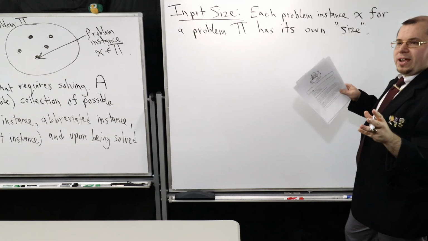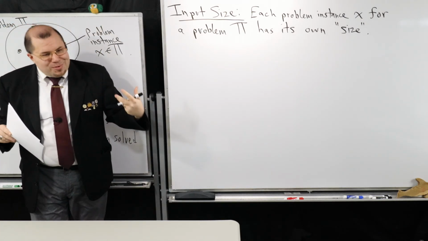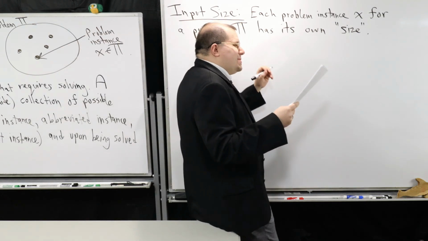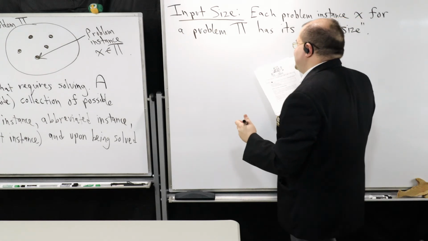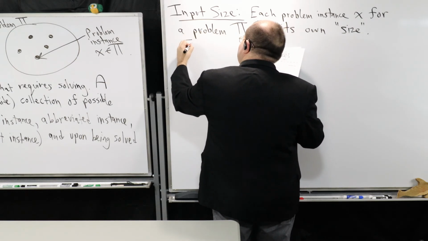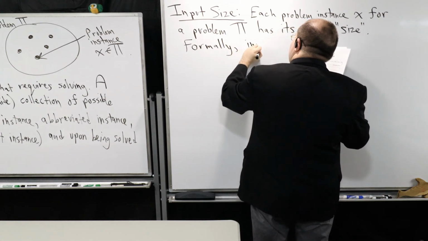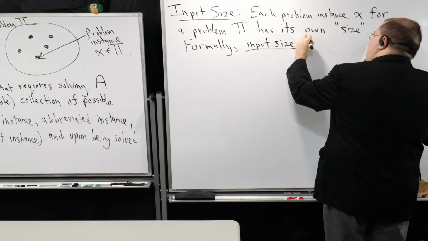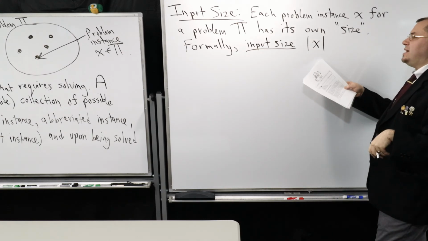Now I'm going to give you the formal definition first, and then you're going to find that most of what I'm going to do with the input size is going to be just like how you did it in 210. There are going to be some times where we have to be a bit more careful, but it's not going to happen very often in this course. So, formally, input size, which, if I need to be very formal about it, I can use these bars to indicate